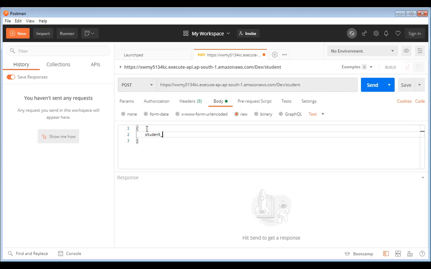Double quotation, student ID, colon, R20. I have already given R1, so R20, comma.